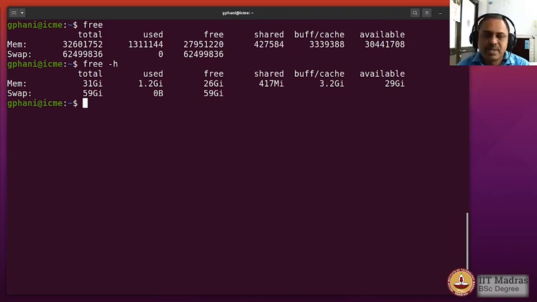And there's something called swap memory, which is basically used whenever the physical memory is exceeded by the number of programs that are running, and one can also look at whether that is being occupied, and you see that we are not occupying anything in the swap memory, which is a good thing, because most of the usage, if it is in the physical memory, then it will be fast, and if there is any requirement to use swap memory, then it would be drastically slow, because swap memory is actually stored on the disk, and the disk is much slower than the actual physical memory, also referred to as random access memory.